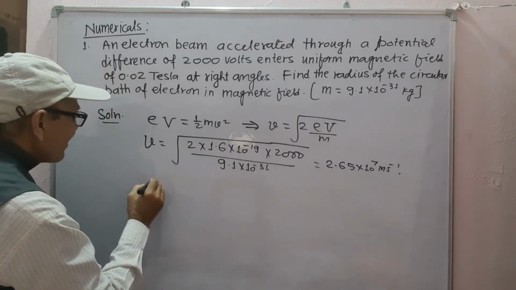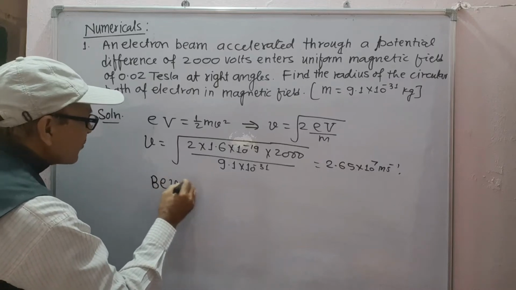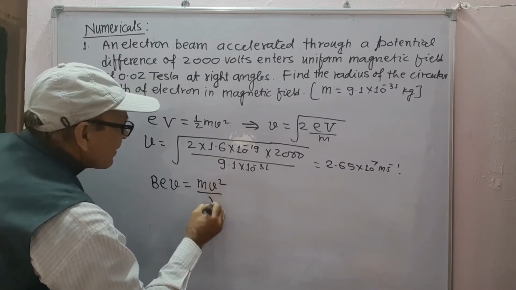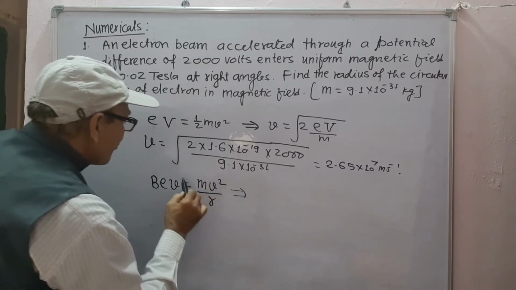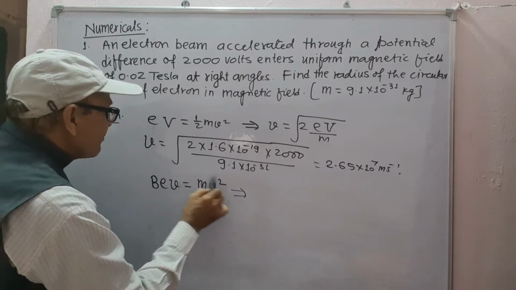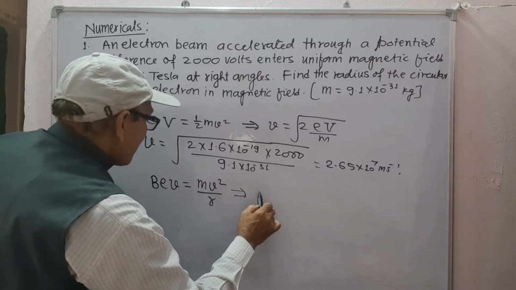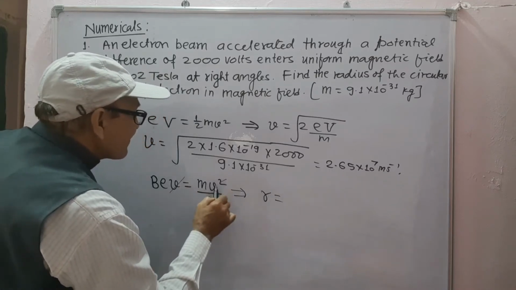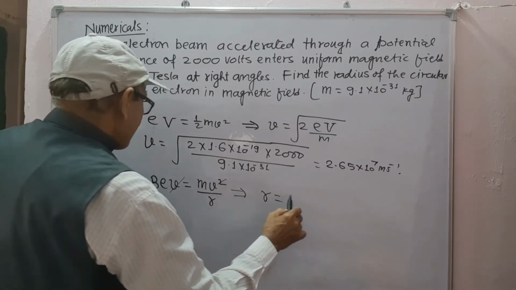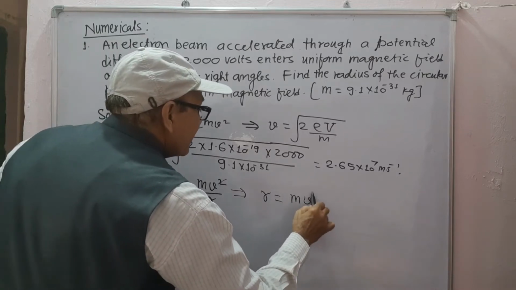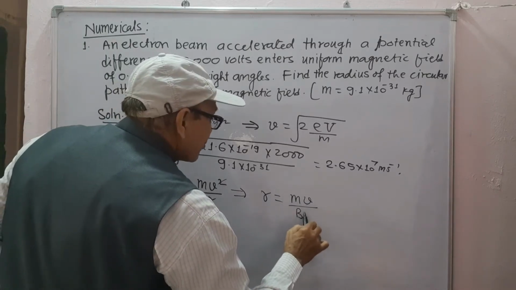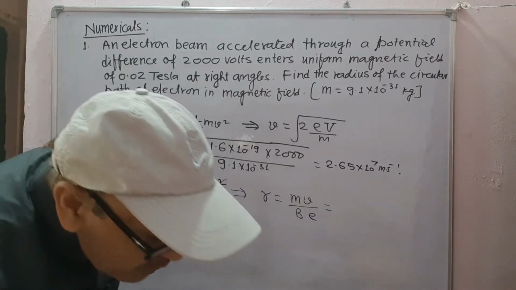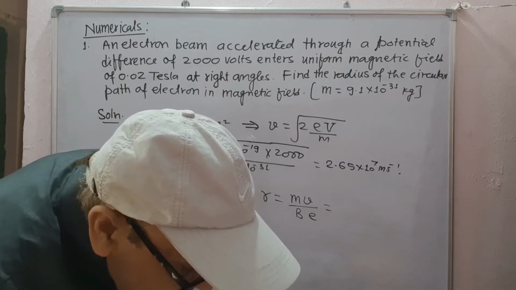Therefore, BeV will be equal to centripetal force mv square upon r, which gives one velocity v cancels, and we get r is equal to mv upon B into e, and on putting the corresponding values we get